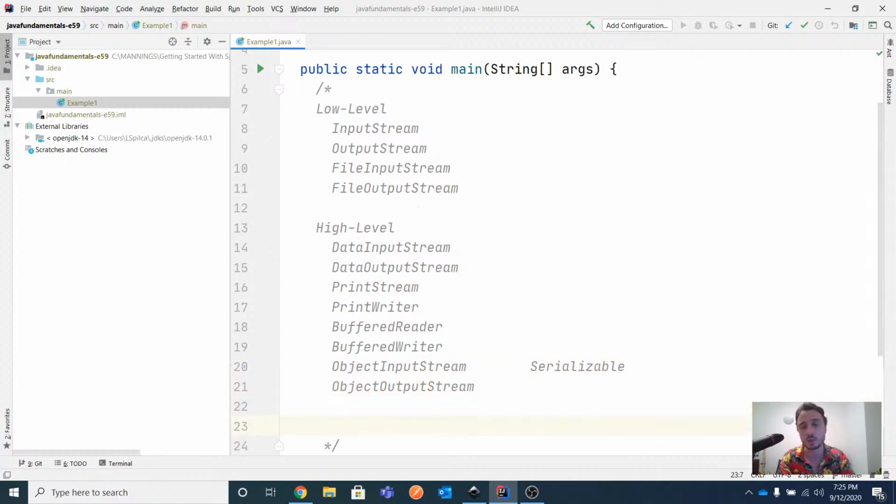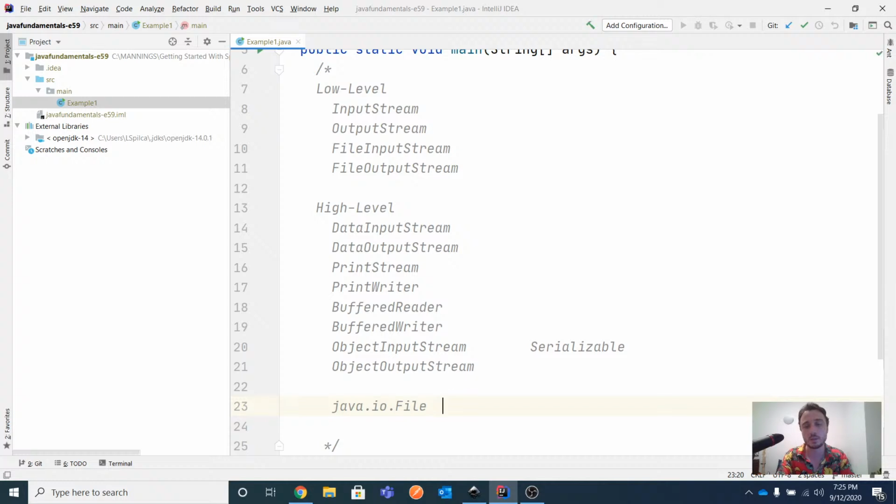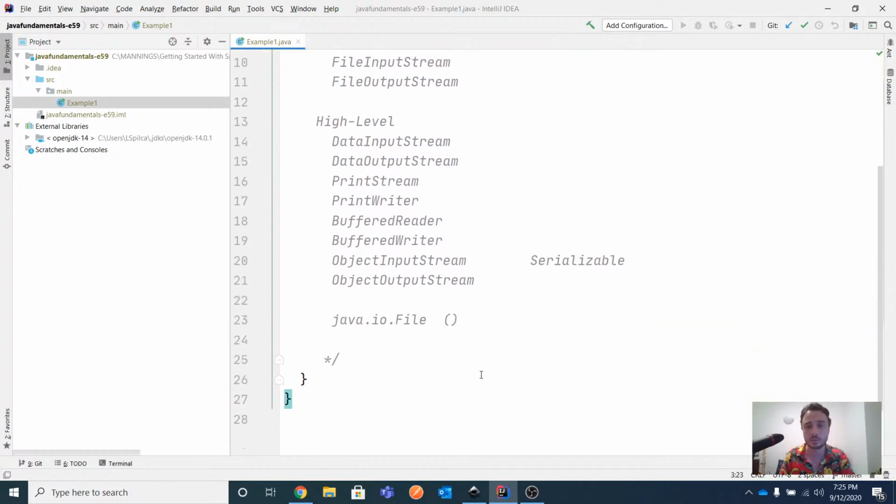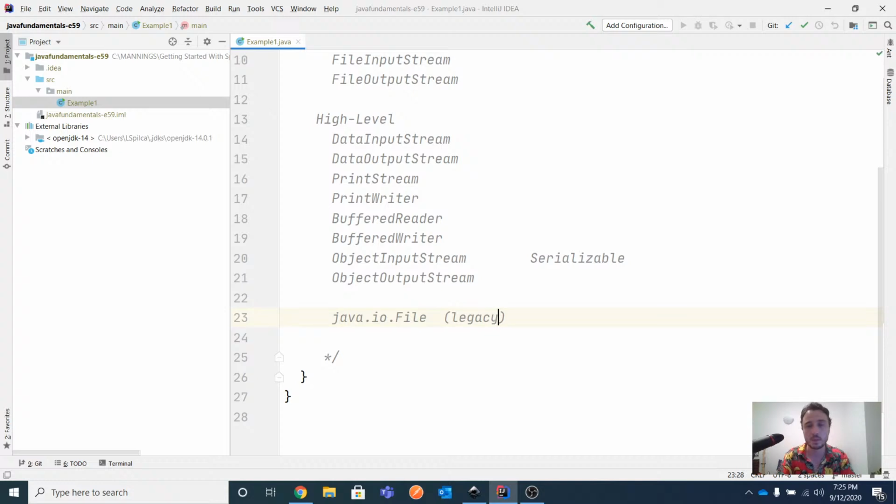And at some point, once we finish with the streams, we'll discuss the, I will write it explicitly here, Java IO File class, which is, as I will also mention in the next lessons, actually legacy. I will recommend you not to use it anymore if possible. So starting with Java 8, we have other better options for referring to files and to the file system, and of course then we will discuss those options, which are in the Java NIO package, and we have